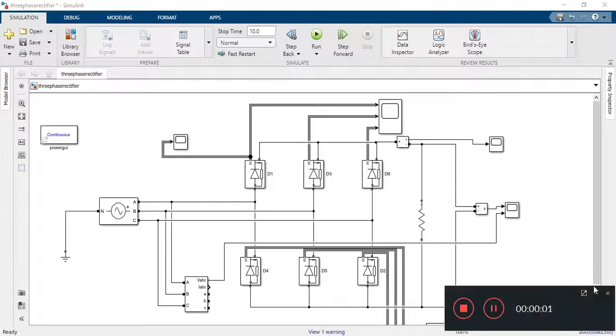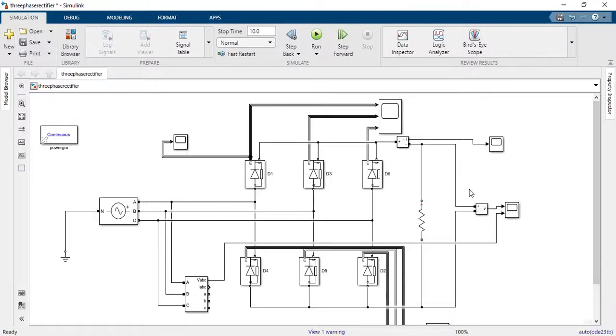Hi friends, in this video I am showing you how to simulate a three-phase rectifier and how the three-phase rectifier